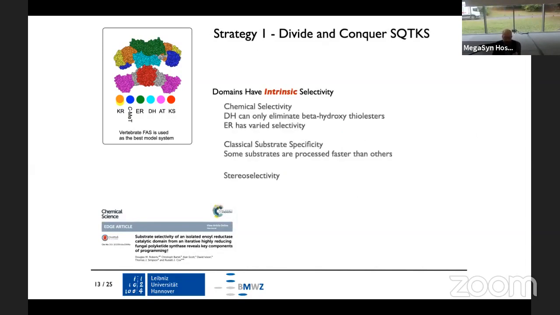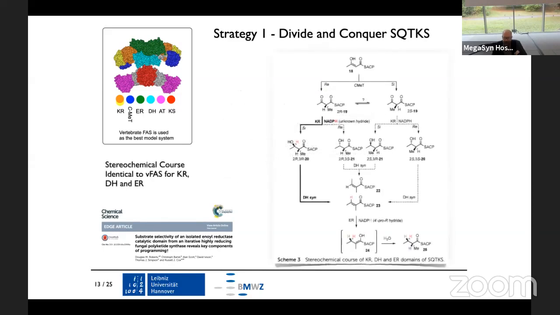which they can apply during the program. Okay, this is obviously chemical selectivity because, for example, a dehydratase has to have a beta hydroxy system in order to work. But there's also pasted onto that then stereoselectivity as well. If we think about stereoselectivity, actually we have measured the stereoselectivity for every single catalytic domain now in this system,